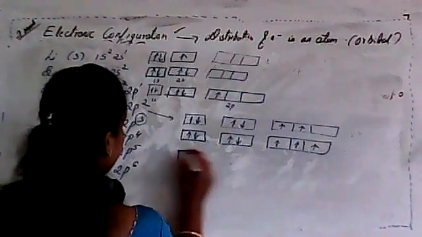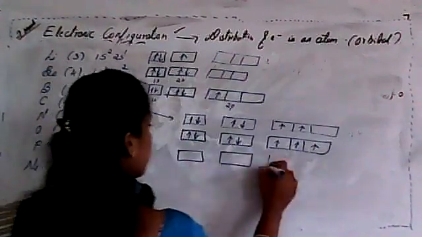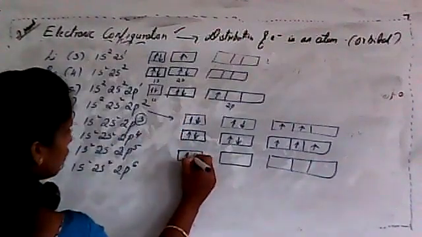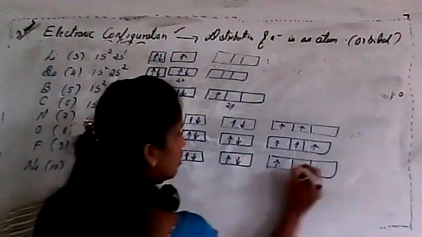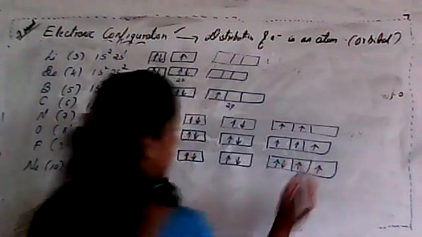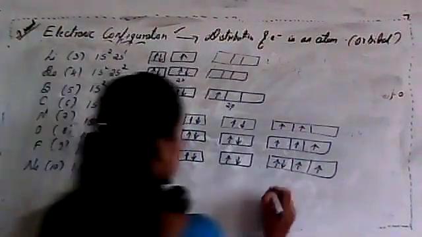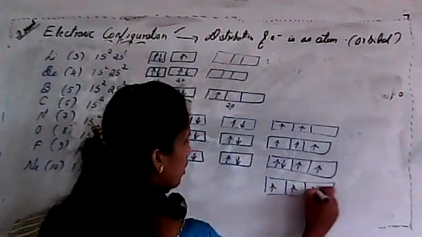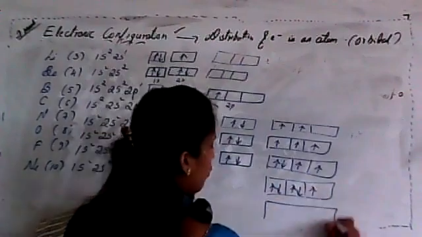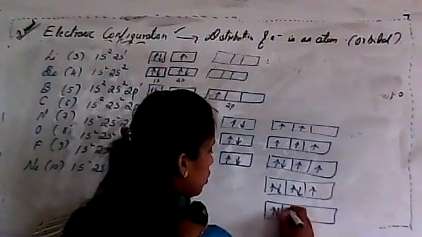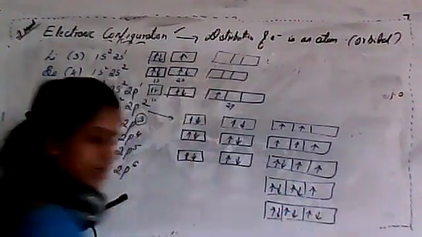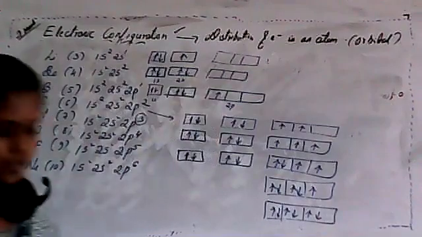For oxygen, 4 electrons were there. This will remain as it is, 1, 2, 3, isn't it? After that, you have to start pairing. Clear? Next, for fluorine, I'll write like this only: 1, 2, 3, 4, and 5. And finally, for neon, 1, 2, 3, 4, 5, and 6. Very important. Is this clear, student?